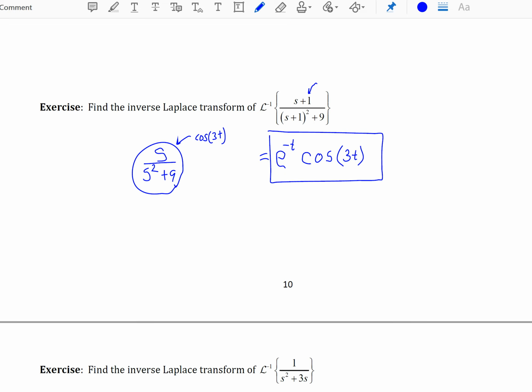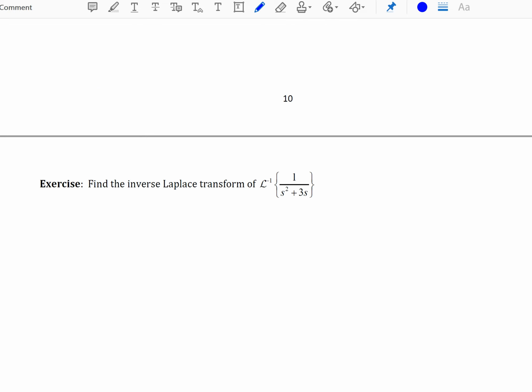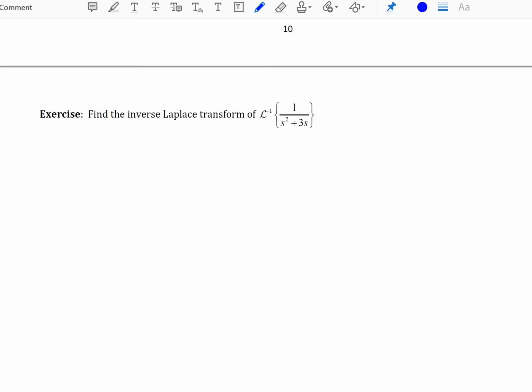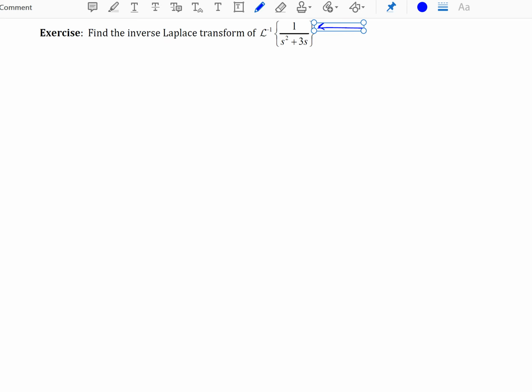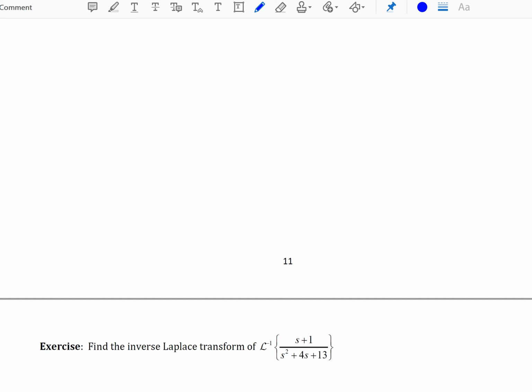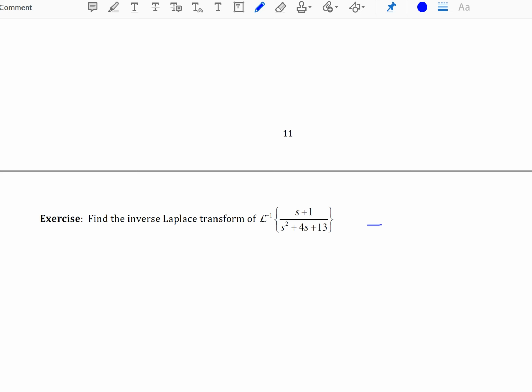Okay, I'd like to do two more examples with you, but I'd like to show you the two examples right away so you can see how they're similar and how they're different. The next example, one shows the Laplace transform of this fraction, and one is the Laplace transform of this fraction. Now both of them are complicated and neither of them look like the table of Laplace transforms I gave you. Now the difference between the two though, and this is what I think is important to notice,